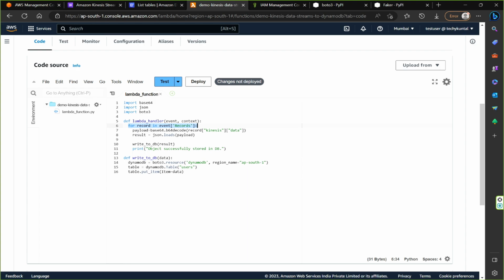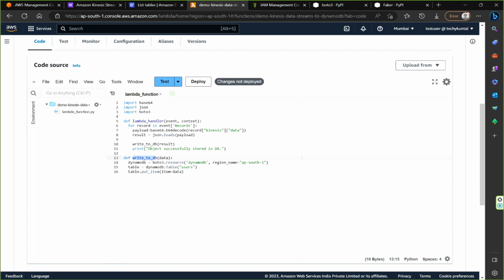So I have used base64, and then I will convert the payload into the dictionary format, and then I will write that data into the DynamoDB. So this write to DB is the function which I have written here, and